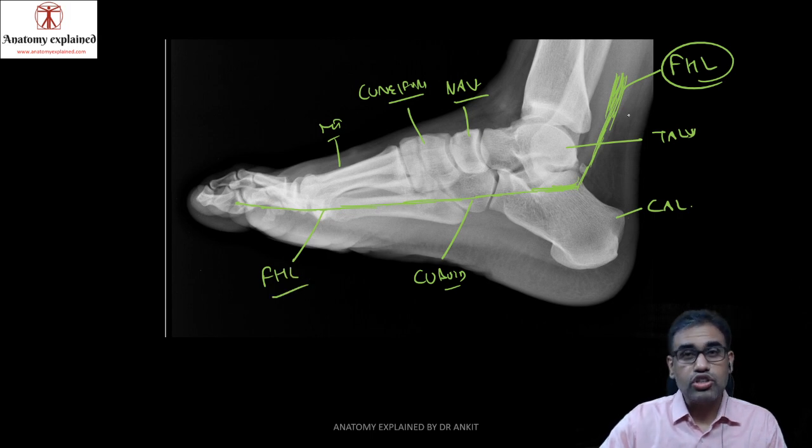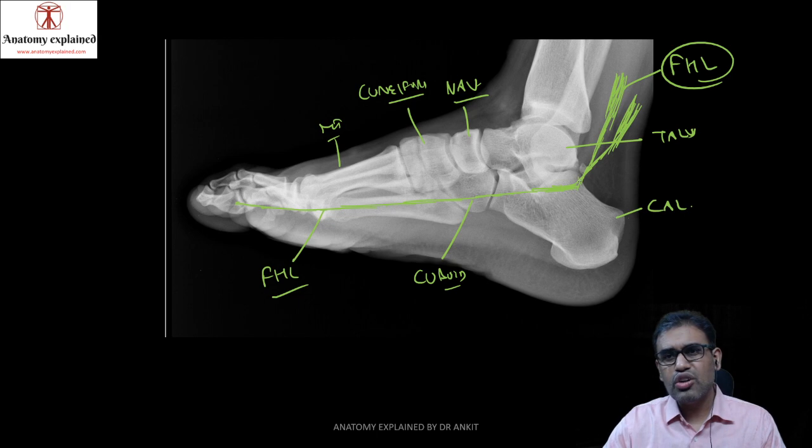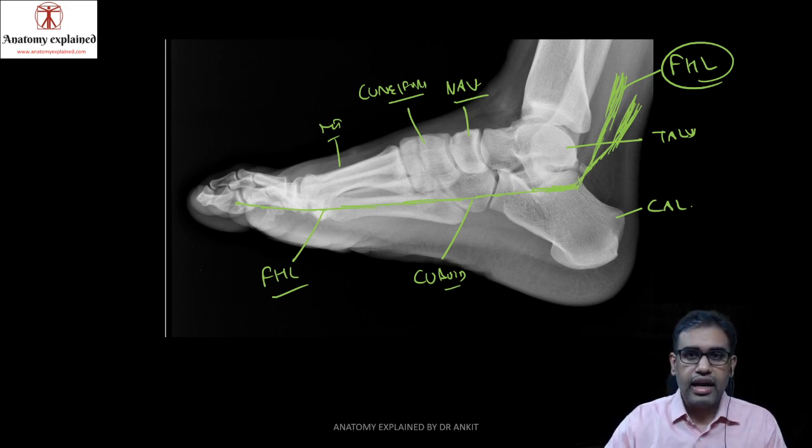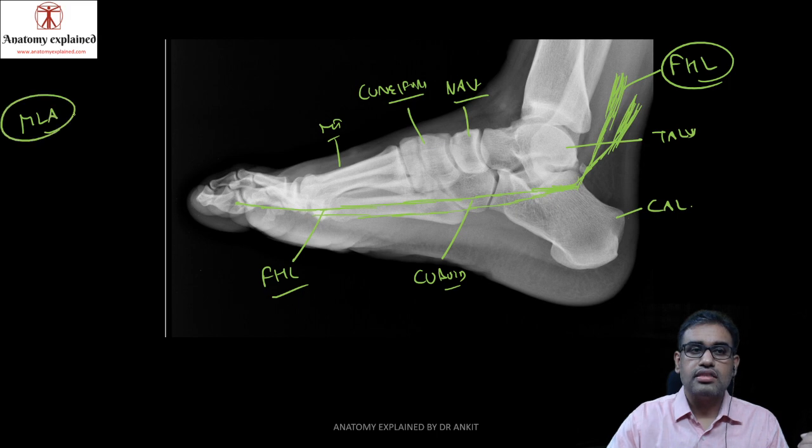Then we have the flexor digitorum longus, also coming from the posterior aspect of the leg. The tendons of flexor digitorum longus are going to cross the FHL and go laterally. They don't go exactly below the sustentaculum tali, but they do go behind the medial malleolus. And the FDL tendons going to the medial toes will obviously also be supported. So these are the tendons which are supporting the arches, mainly the medial longitudinal arch.